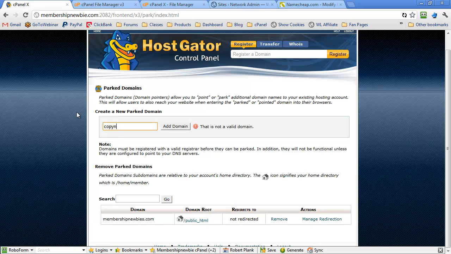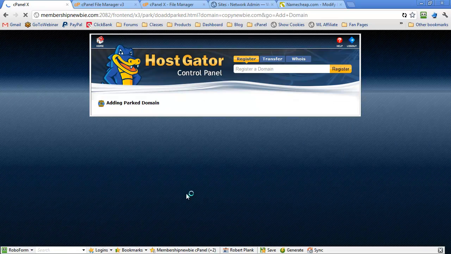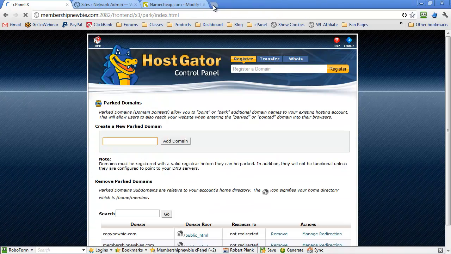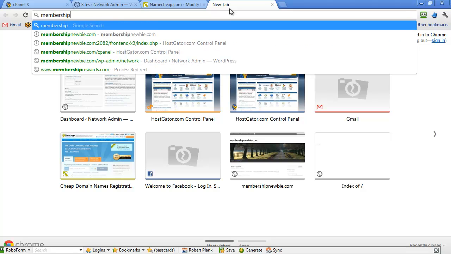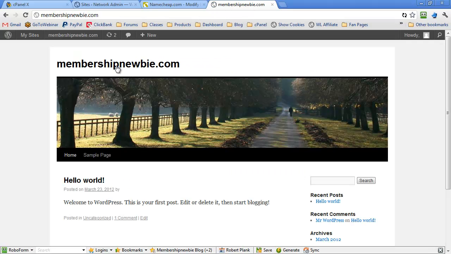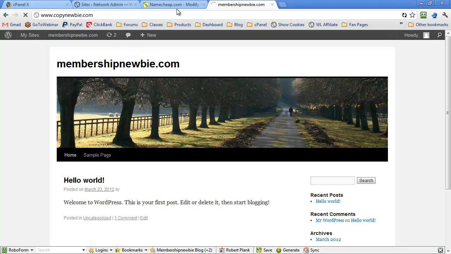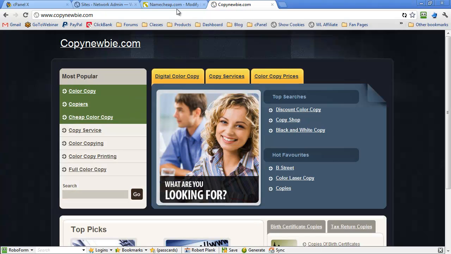And we're going to park copynewbie.com. Click on add domain, give it a second to finish. Alright, so now it's been parked. So what does that mean? Well, it means that we can go to a site like membershipnewbie.com, right? So here's this site. But we can also go to copynewbie.com, and if this loads, oops,